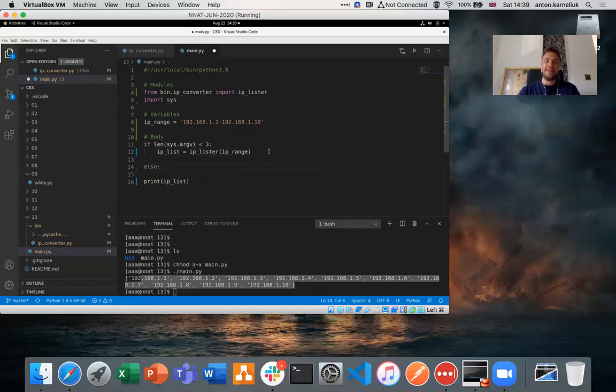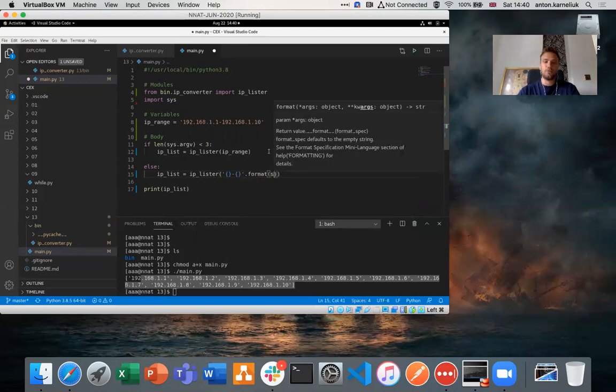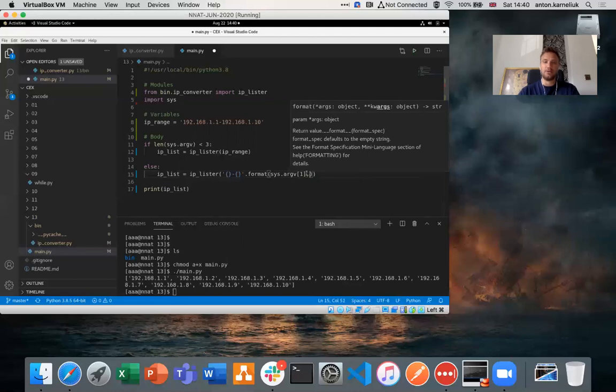So if there is less than 3, we would then call the function with its default range, else, meaning if it is 3 and more, we'll take the second and the third arguments and then input to our function. So we would call here IP list, the function IP lister. Now we need to provide the string, so that's why we use a formatted string. The first would be the first argument, and the second would be the second argument. So, and that is why using the format, we would provide the sys.argv with the index 1, because index 0 is used by the name of the function which we are running, and by the name of the script itself, and sys.argv